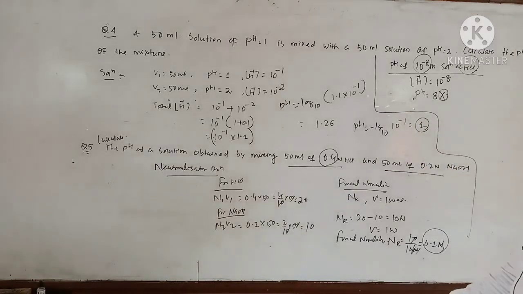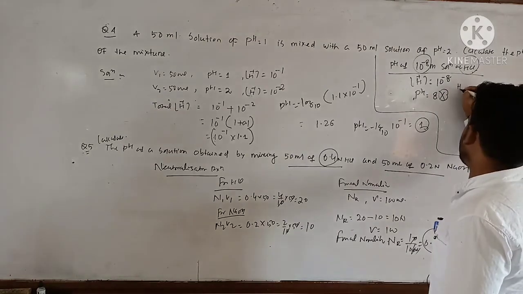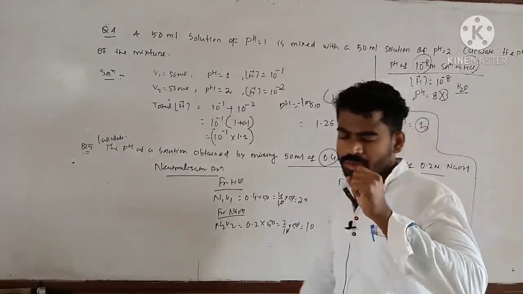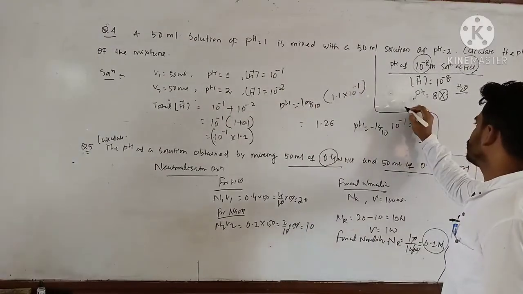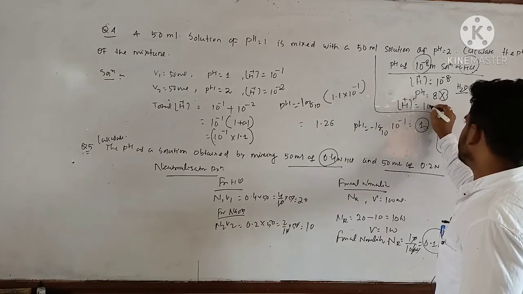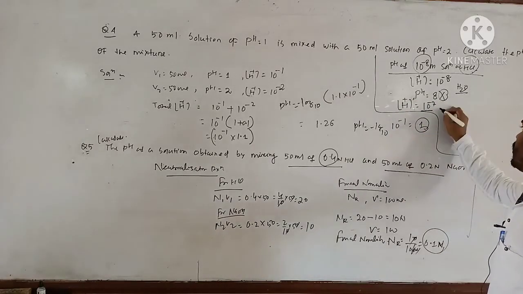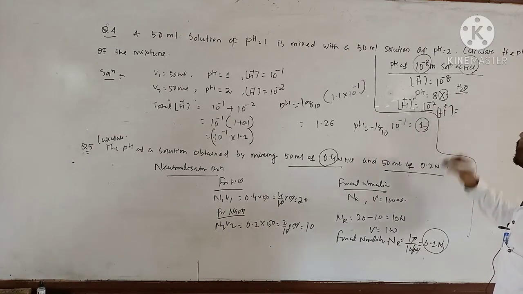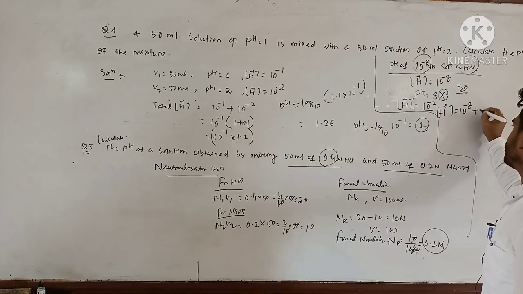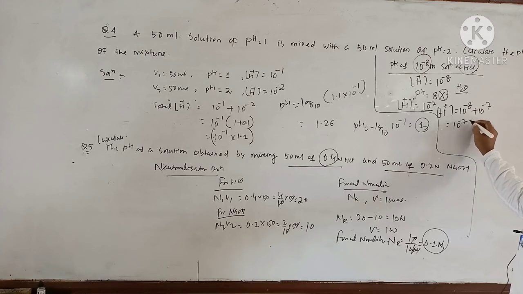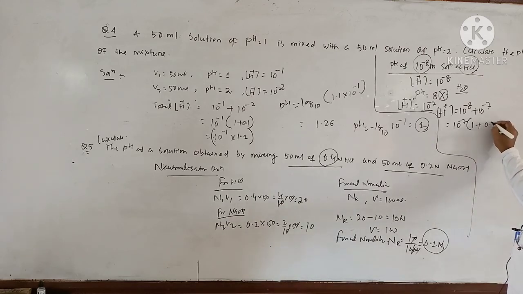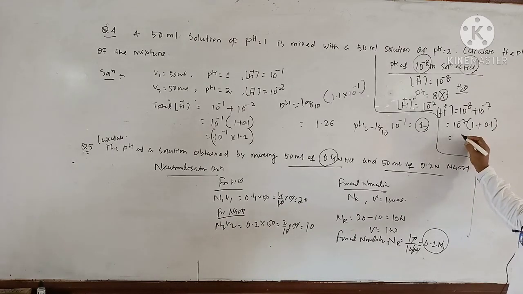So in this case you should consider the ionization of water. The H plus ion concentration from water contributes over here. So that will be an H plus ion concentration of 10 to the power minus 7. So in solution, the net H plus ion concentration is 10 to the power minus 8 plus 10 to the power minus 7, due to ionization of water that you have to consider. So that is equal to 10 to the power minus 7. Just take it as common. So you will get 1 plus 0.1. Clear? So that will be 1.1 into 10 to the power minus 7.